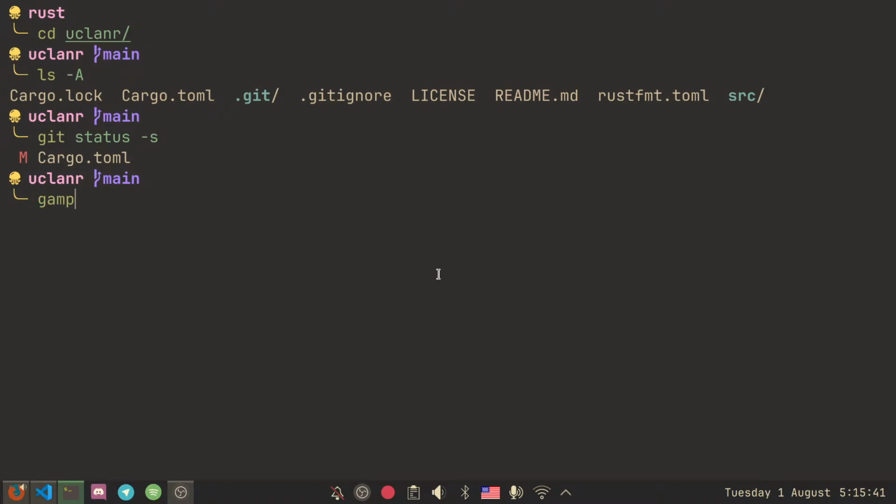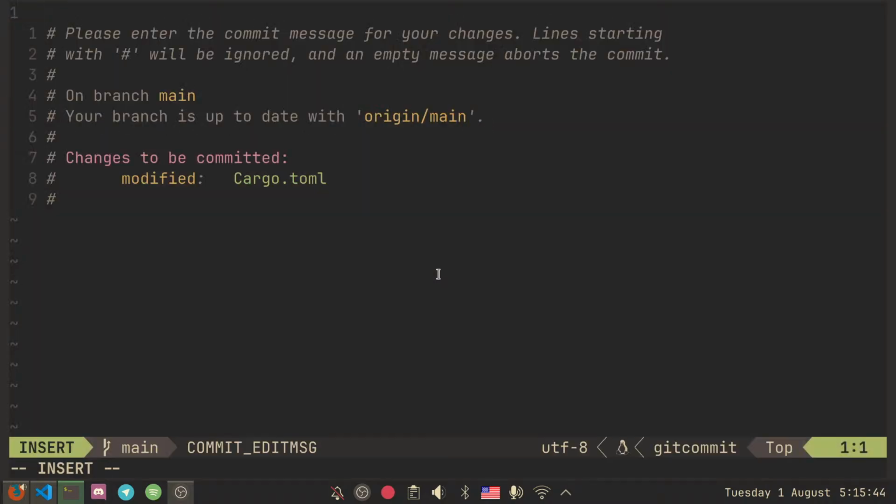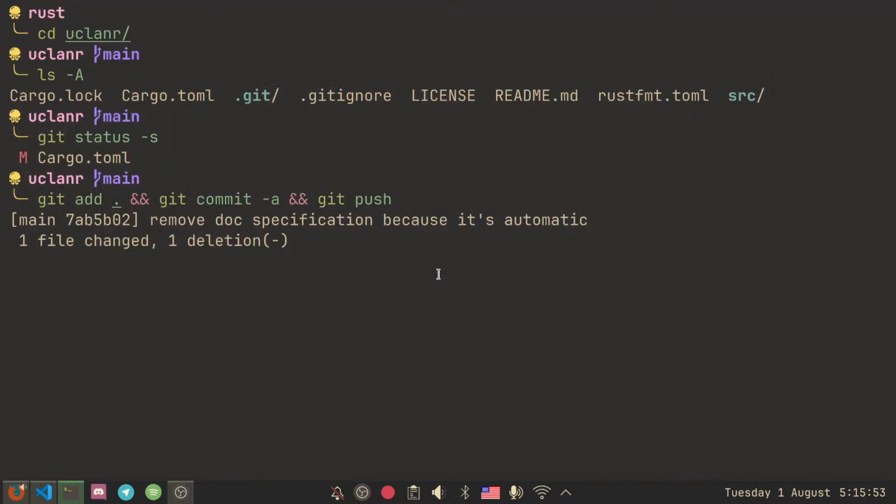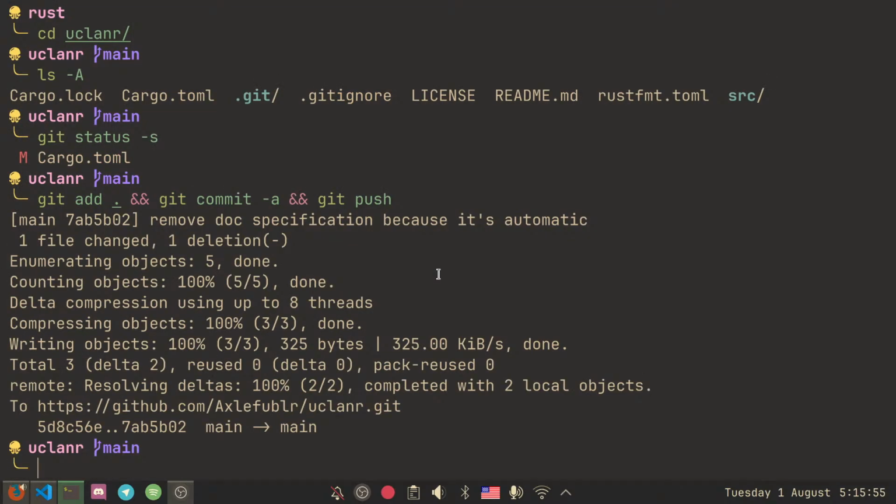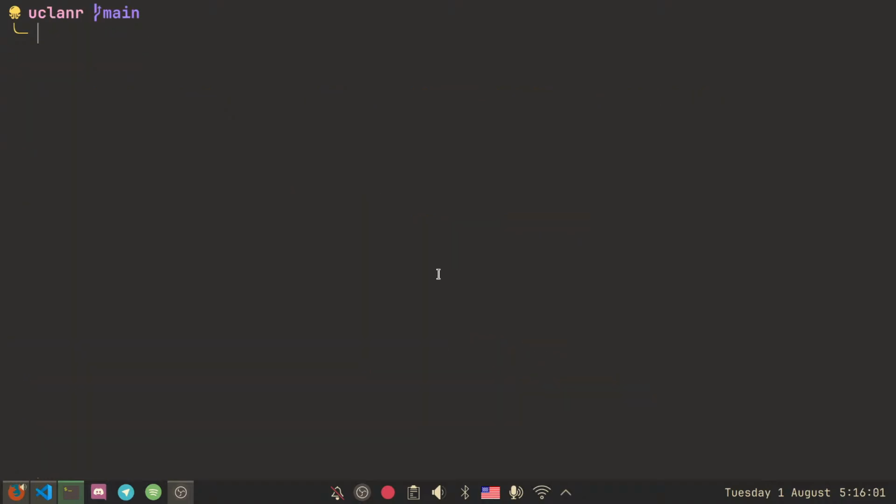Let's immediately push this just to make sure. Remove doc specification because it's automatic. Because you don't actually need to specify it explicitly. It will generate the doc if it needs to. And then you can specify your own if you don't want to use the default. But I'm going to use the default. Okay, so